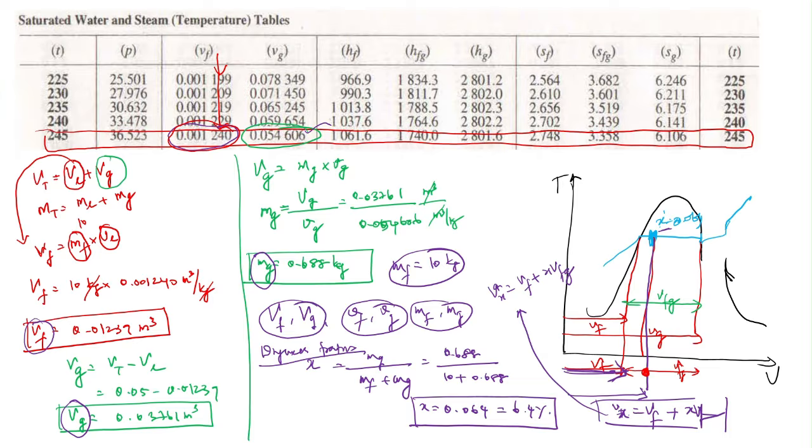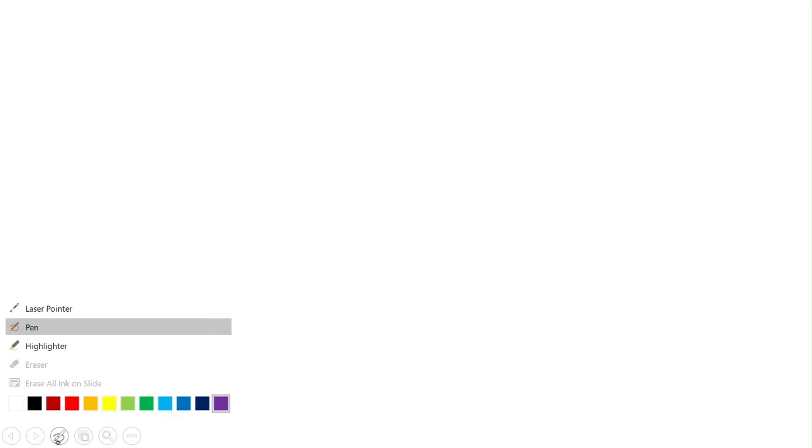Similarly, we can find all these three parameters. In a steam table you have the values, so better we can take the value from the steam table. Here you can note that V at x is equal to